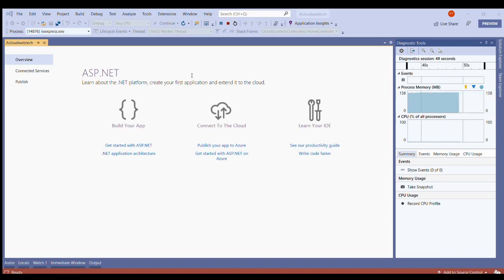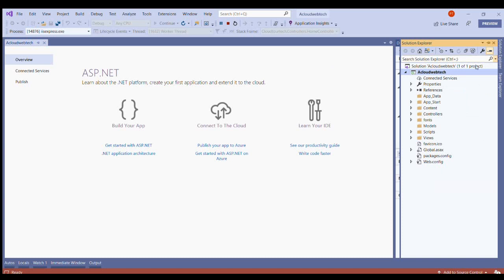Yes, this is the default application which we are going to deploy in the Azure portal. This is the website by default whenever we use the MVC template. This is the default application we are going to see here, right? The same application I'm going to deploy in Azure. So for that, what we need to do, we have to go to the Solution Explorer. We have to select the solution and right click the solution here, and there is an option, publish. So we have to click on the publish option here.